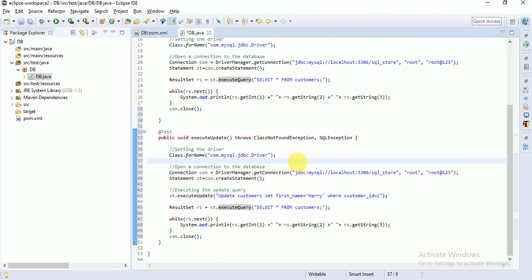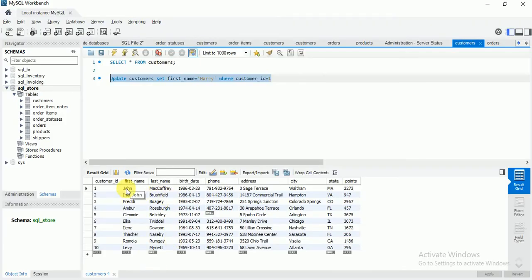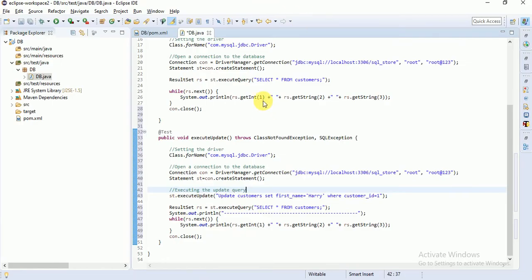Okay, fine. Just to differentiate the print of the first one and the second one, the two test cases, I am just dividing it with this line. Now let me execute, guys. When we execute this one, friends, we need to get Harry as the updated value for the customer ID equal to 1. Whether it is getting updated or not, we will see. Now currently what is there here? John is there. Okay, let me execute this.